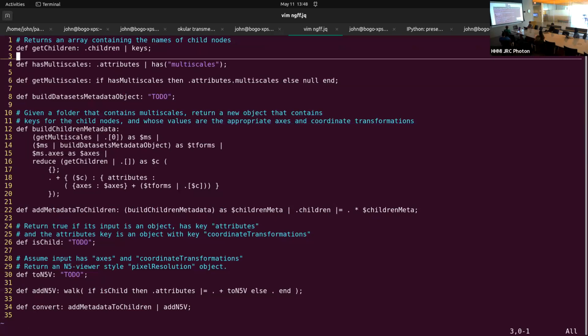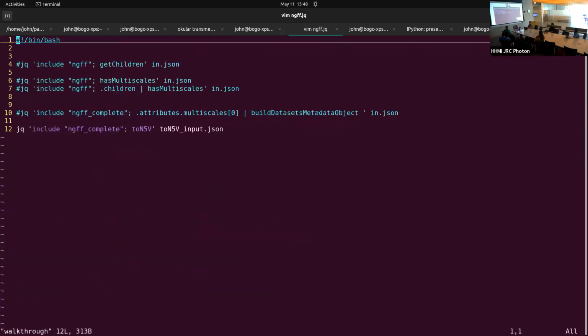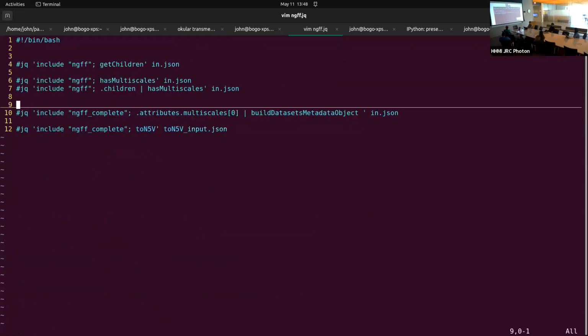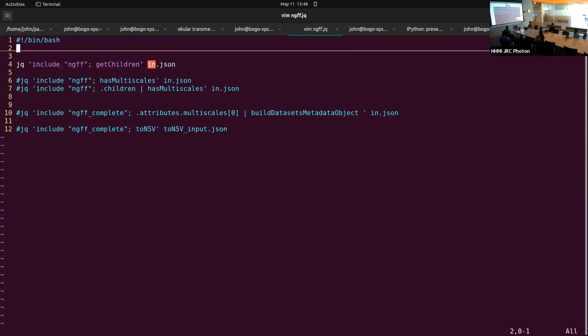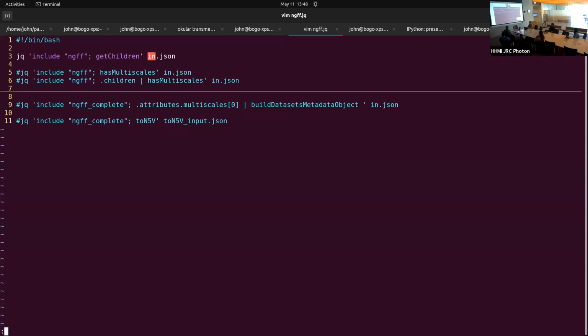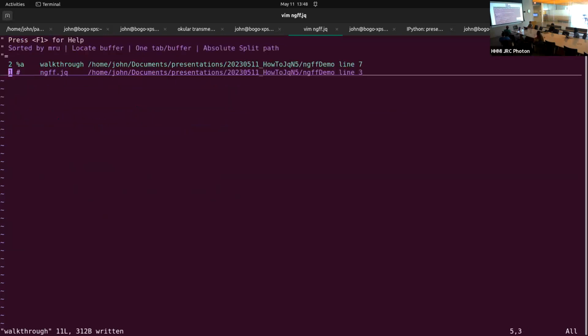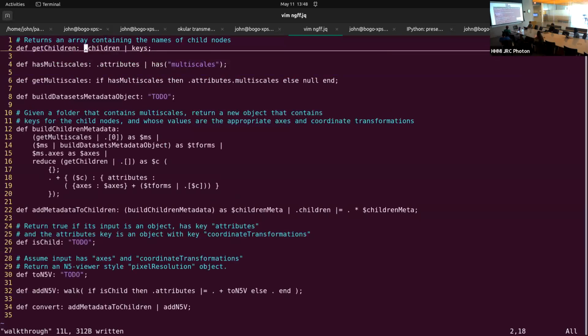And then I have something called walkthrough. So we're just going to look at what each one does. So first we're going to see what these things do, and then fill in what we have to. We'll understand what we have and what we want for the functions that we need to write, and then we'll do it. Okay, but we had get children,